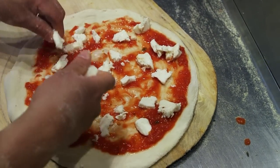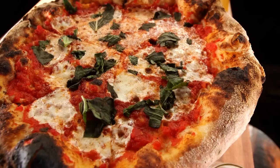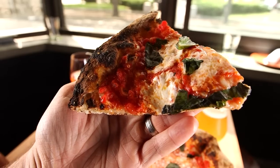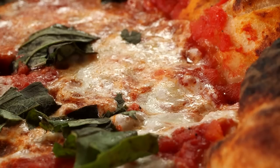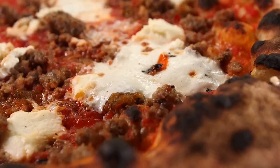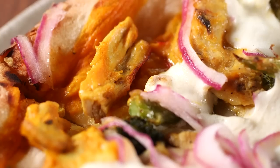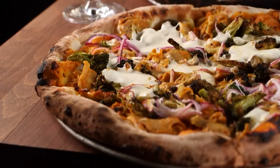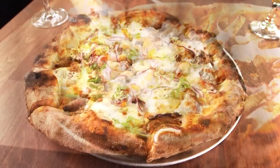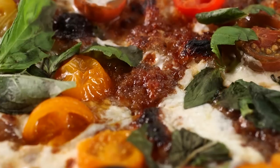People think that because we have pizza, we're Italian. I think pizza is just as American now as it is anything. Some of these American eats include the Marge, a spin on the classic margherita studded with fresh mozzarella, sausage pizza loaded with ricotta, mozzarella, and house-pickled peppers, pulled chicken pizza made with broccoli and tangy mustard sauce, then capped with crispy chicken skin, pulled pork pizza packed with scallions, cheddar, and fresh nectarines,